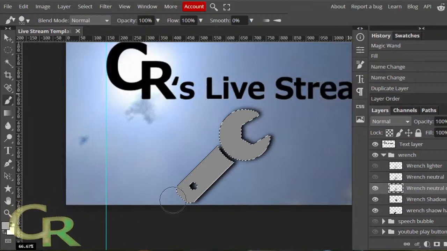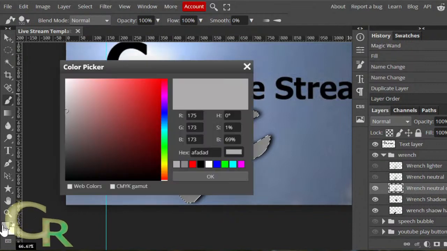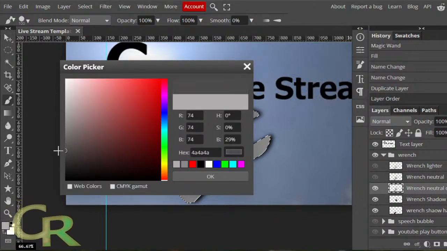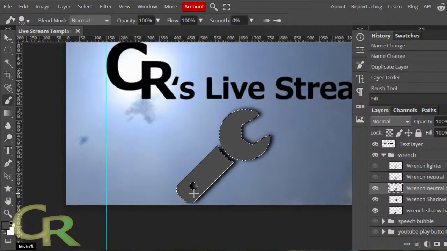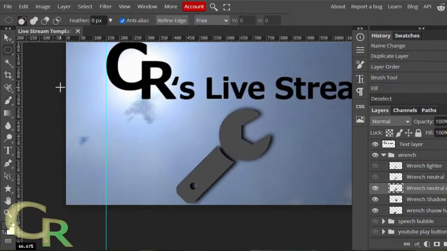It'll be darker than that color, and it's still selected. See, the selection is still in there, as you see the marching ants, the continuous dashes going around. Now go down on the gradient and make it a little bit darker. Yeah, right around there. Like I said, I can paint that in, or just hit Alt Backspace.